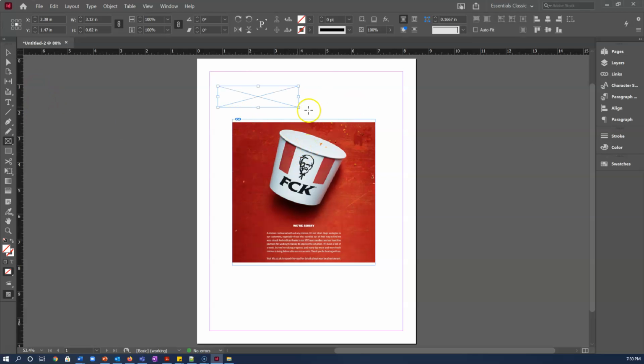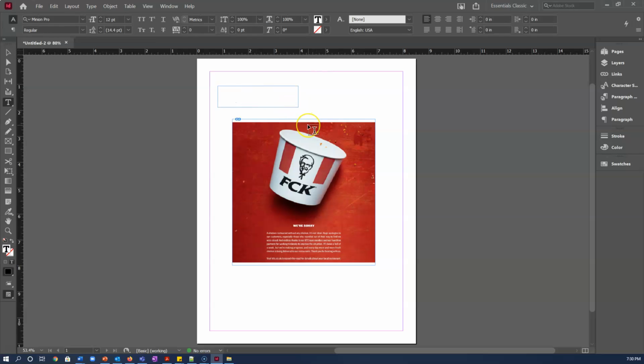I just put a box. As you see, there's this light blue outline. That means there's nothing to see in the box. But now I'm going to type. And in here, I'm going to type something like